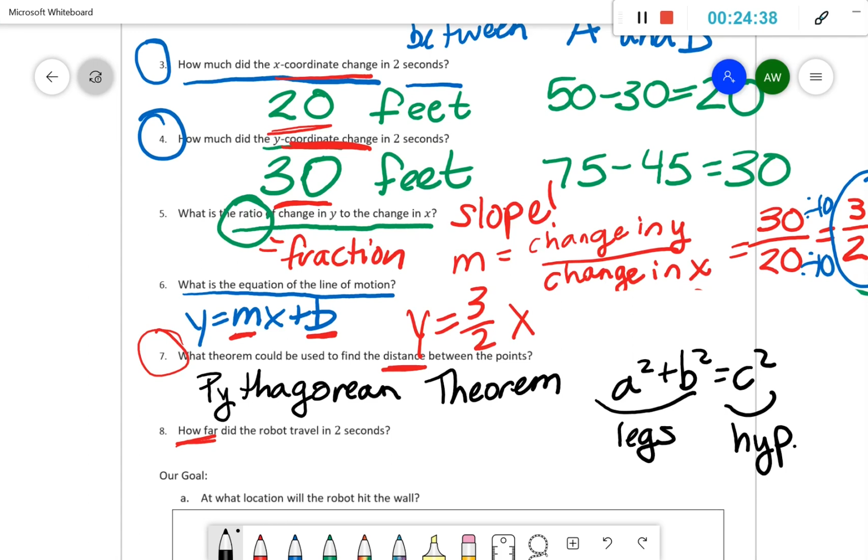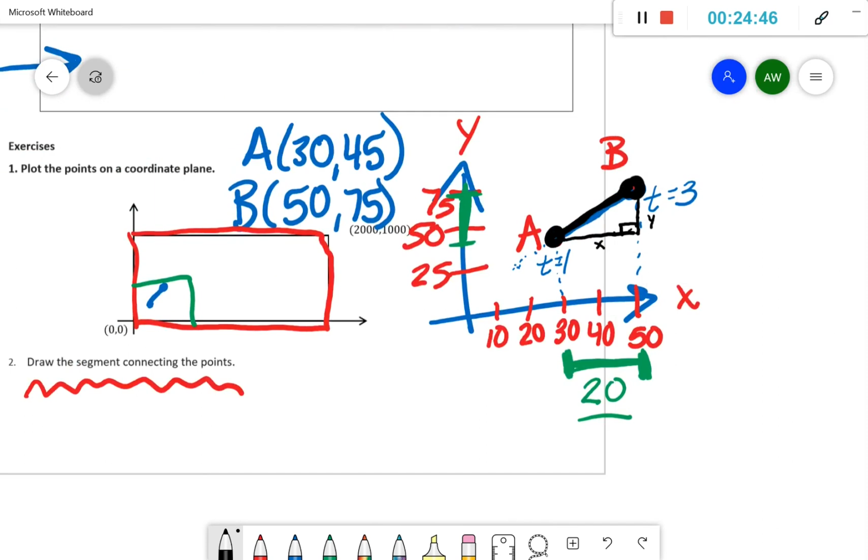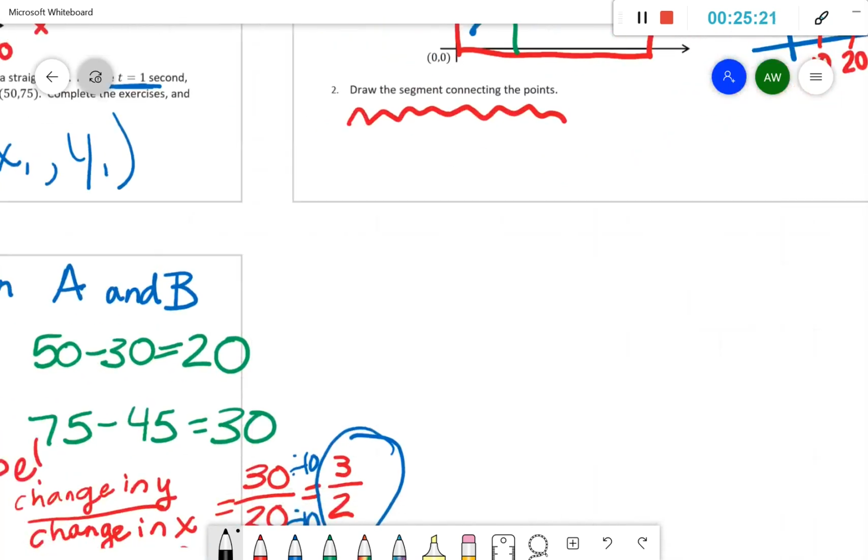So let's figure out how far we traveled. Let's use this theorem to figure out our distance. Our distance x is going to be one of our legs. Our distance y is going to be the other leg. And the hypotenuse is what we want to find, so I'm going to leave that as c, just as it is in the Pythagorean theorem. We've actually already figured out what x and y are. The leg I labeled x is how much we changed in the x direction, and we already figured out that's 20. And y is how far we changed in the y direction, and we already figured out that's 30. So let's plug those into our formula,